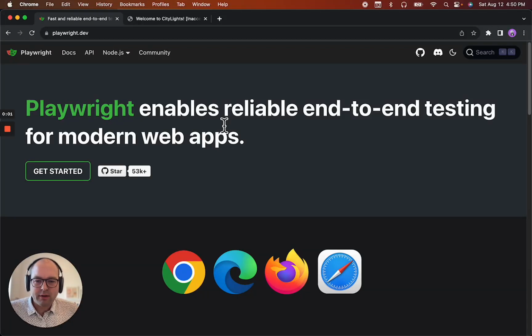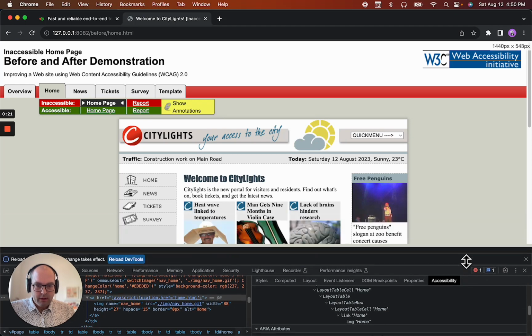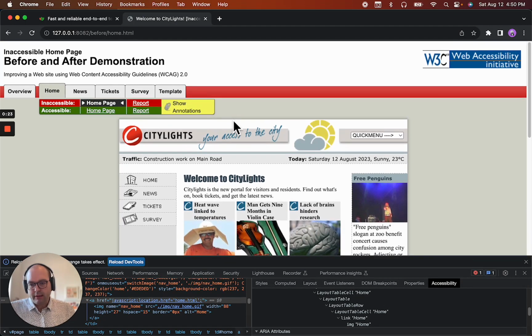Hey everyone, this is Cameron, the Accessibility Nerd, and today I'm going to be playing with Playwright to test accessibility via keyboard in web content. Playwright is a test automation framework that allows you to script interactions with web content, and some of those interactions include keyboard navigation. Today we'll be testing the